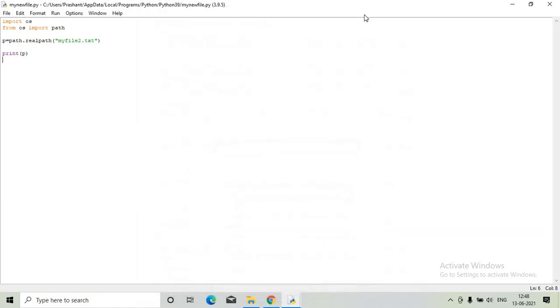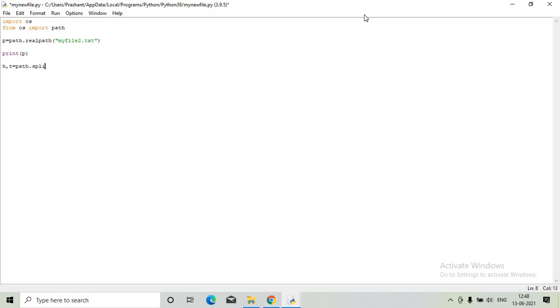I want to get only the directory that is associated with this particular path. How to do this? We have to split this. We have head and tail. We want to split this. So how to split this? The path.split function.